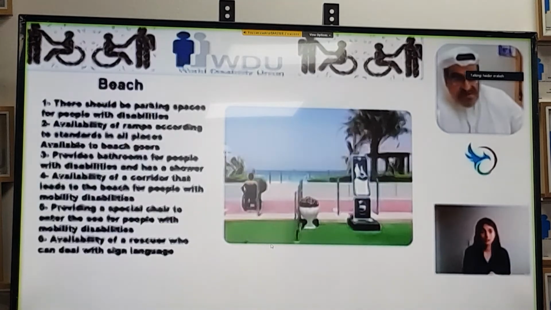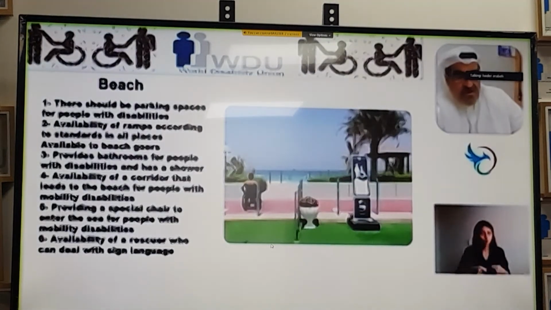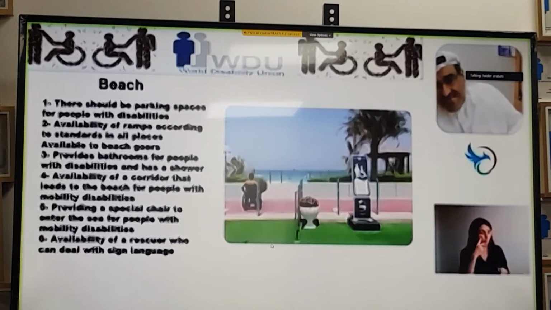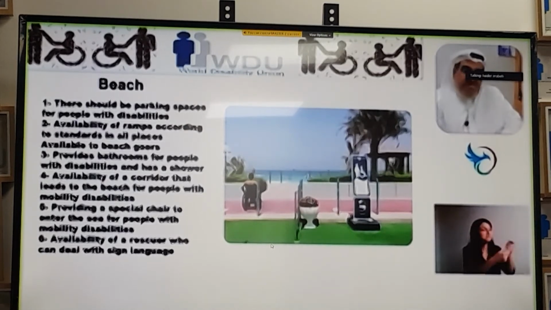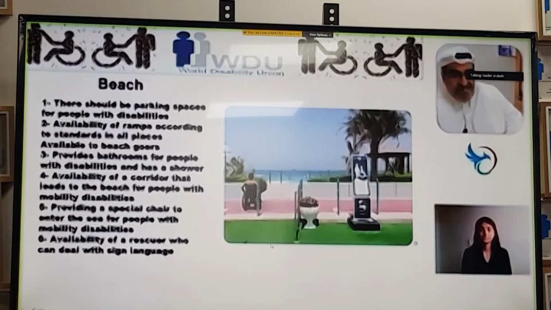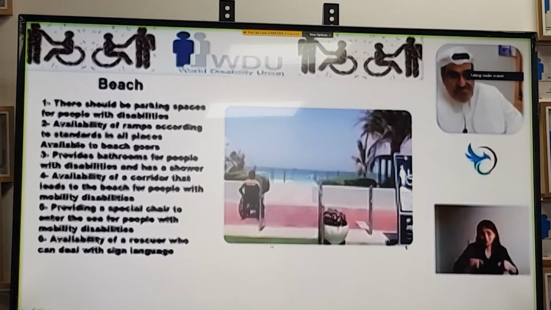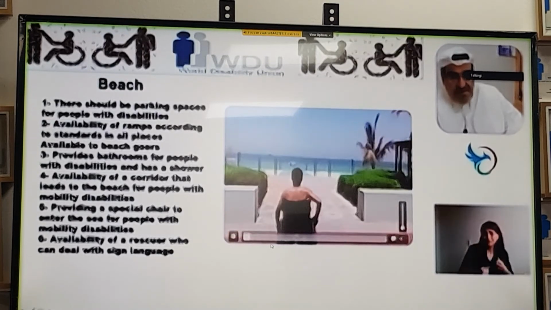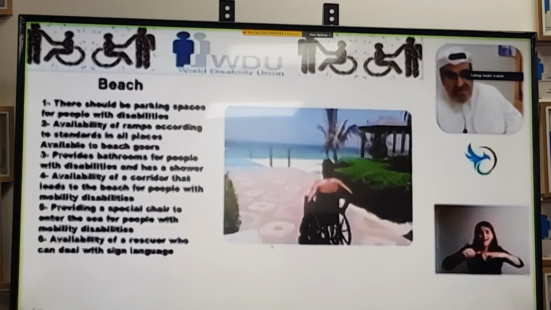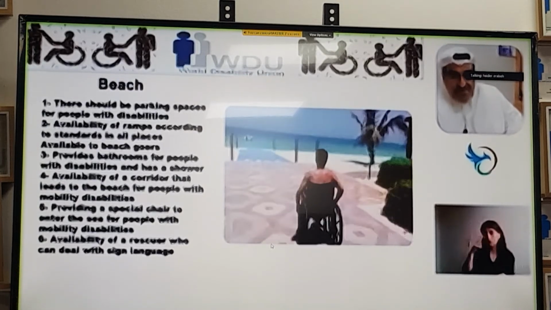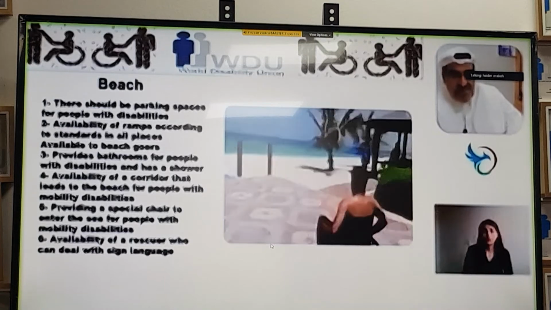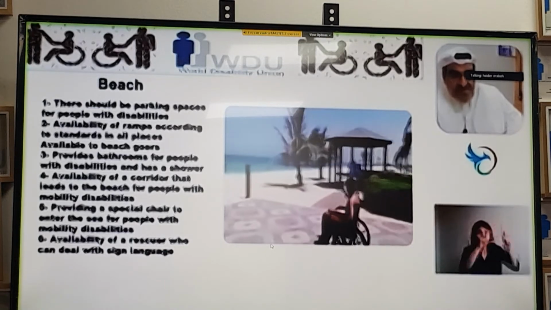Can we continue? Of course, one of the important things is the beach. So many of the disabled need to go to the beach, to go to the sea or swim. So at the beach, they need special parking for disabled outside, and should have a special wheelchair which they can